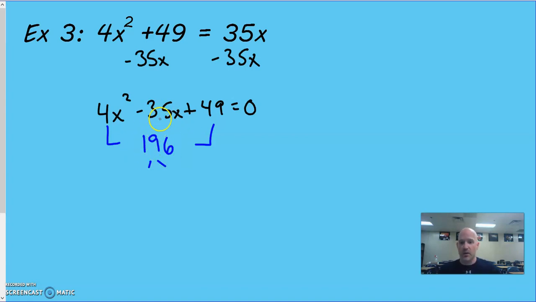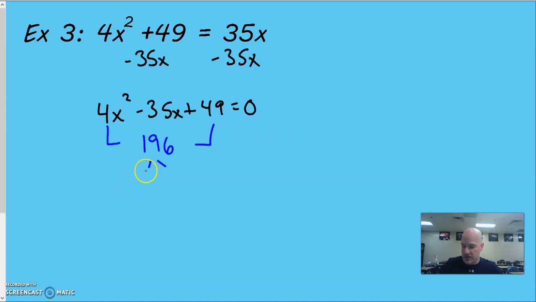Okay, so I'm looking for factors of 196 that will add up to negative 35. So I already know that they're probably both going to end up needing to be negative, because if they're multiplying to a positive number, they kind of have to have the same sign. But I'm going to take my calculator and type in 196,